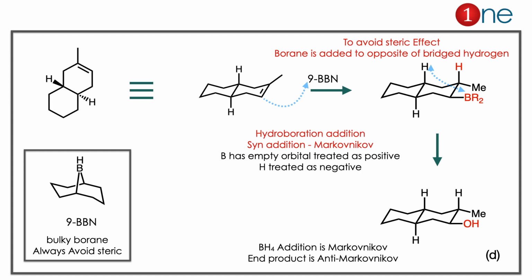In the next step you are using hydrogen peroxide. Boron will be removed. Alcohol will be formed. Here OH formation is opposite to the above hydrogen to avoid the steric effect, which is on the rigid hydrogen. So the product is the anti-Markovnikov addition product, which is OH attached to the less substituted alkene carbon. The answer is clearly D there.